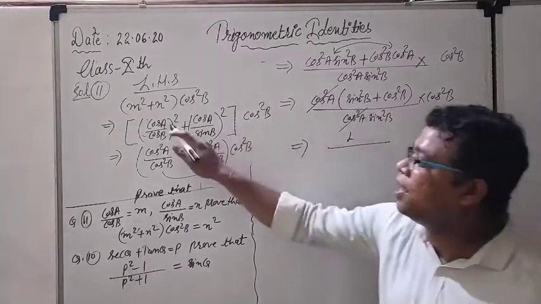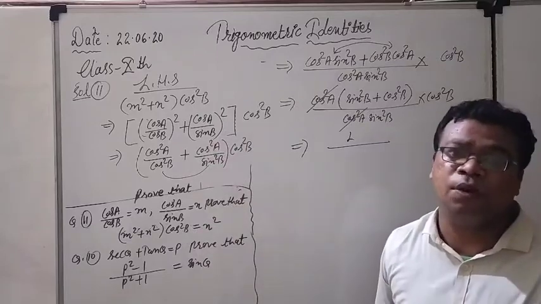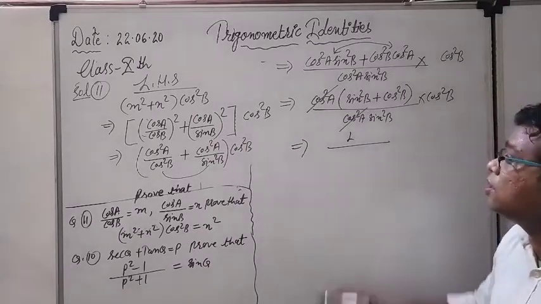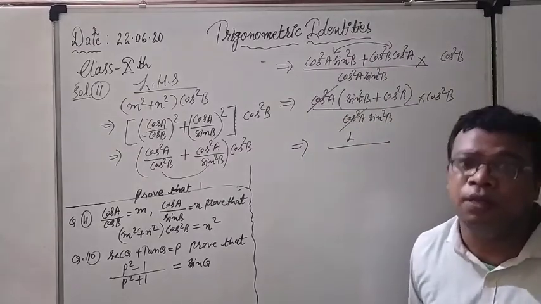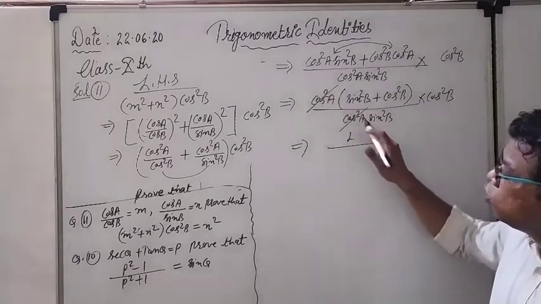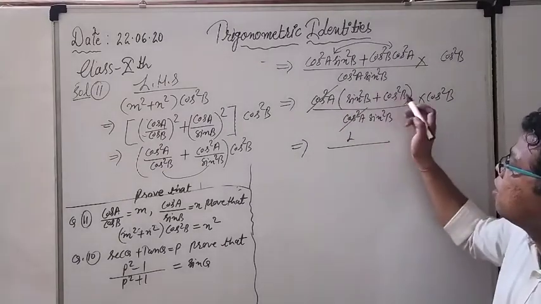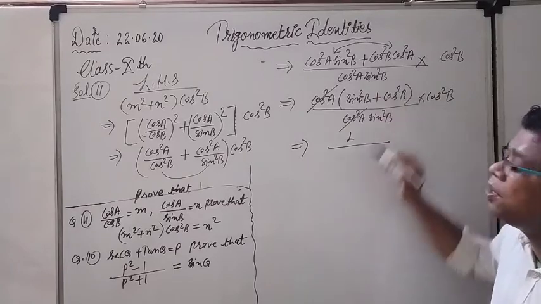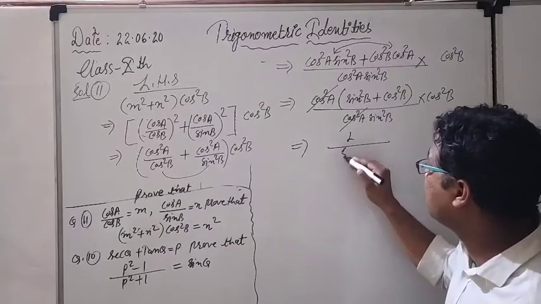Nothing I have done. I have just put the values and after that done cross multiplication because it was coming in the form of fractions. And right now the situation is clear that I can take cos square A as a common term. When I take the cos square A common, it is going to be cancelled from the denominator cos square A. And right now I am getting sin square B plus cos square B, and it is giving me 1. Right now the things have been already solved.